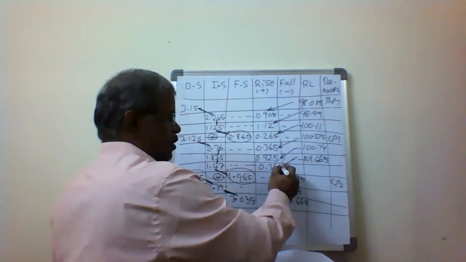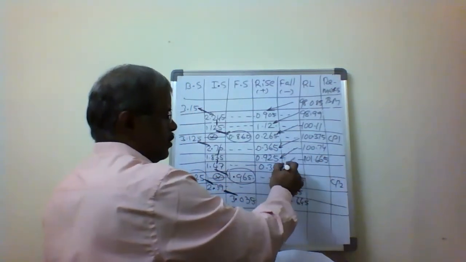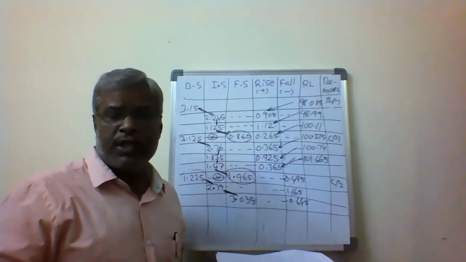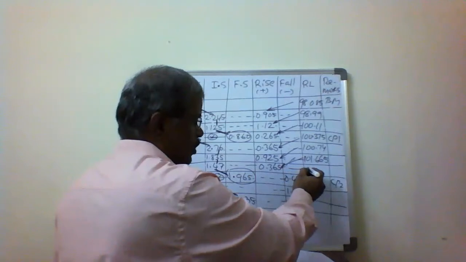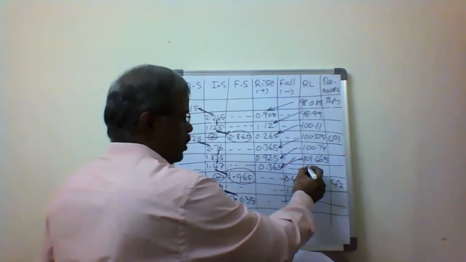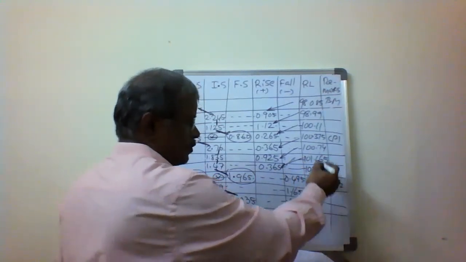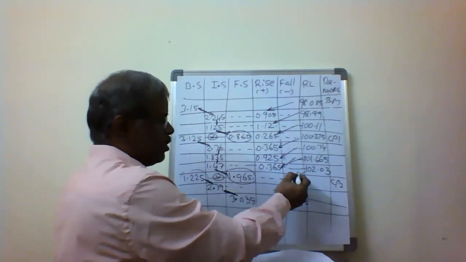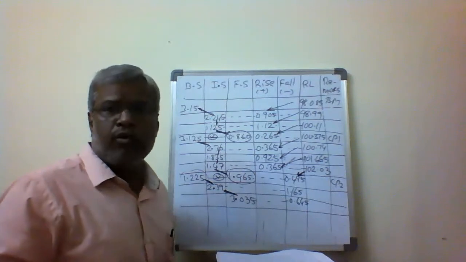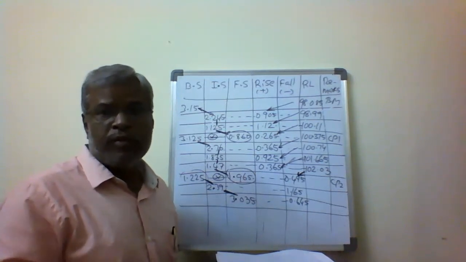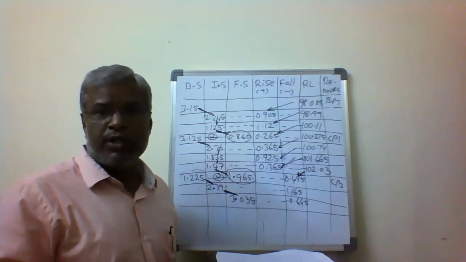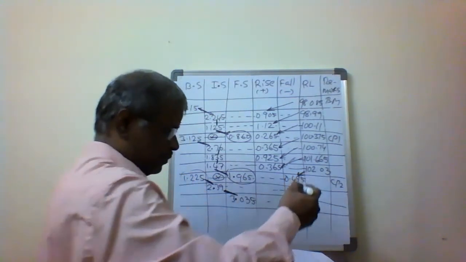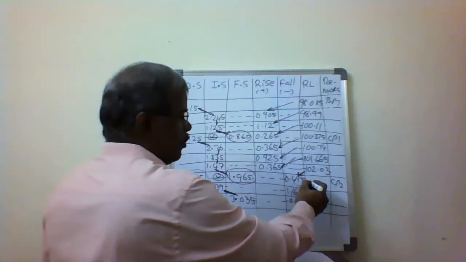The next point, from 101.665, is also a rise, 0.365 added, and the elevation of the next point is 102.03. Next we compare, and this is a fall of 0.495. We subtract it from the previous elevation: 102.03 minus 0.495 gives the elevation of the next point, 101.535.